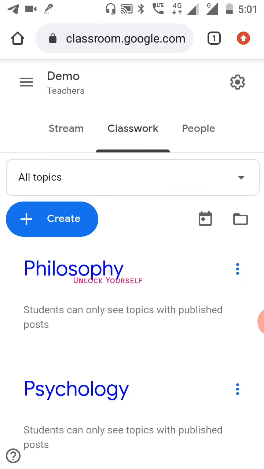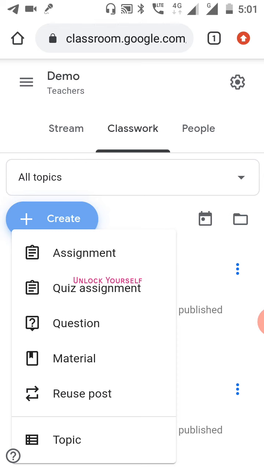So you can see the blue highlighted topic headings, and under these topic headings we can provide the materials or extra resources for the students, so it will be very easy for them. And how to give it? For it, again we are taking Create, and now I'm going to post a material.